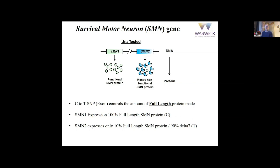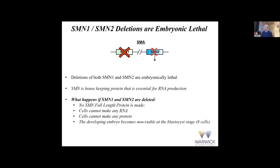SMN2 produces a very low level of functional protein because of this C to T transition. Can I have the next slide, please? So let's go through some of the phenotypes and genotypes which we've seen, to be honest. So if you delete both SMN1 and SMN2, so both of them are completely removed from the genome, this is